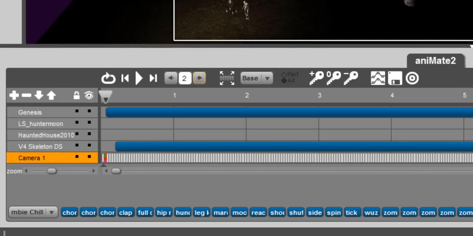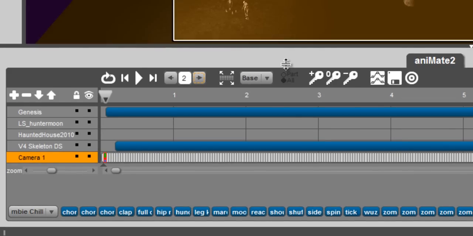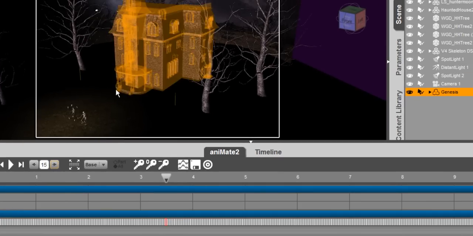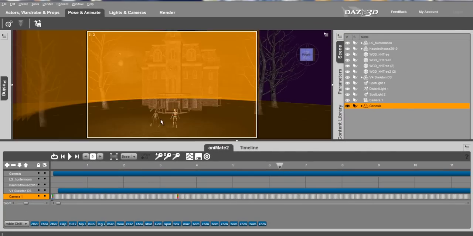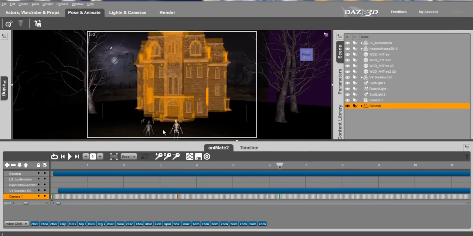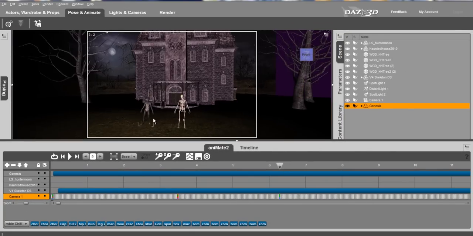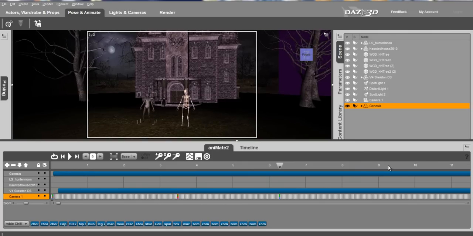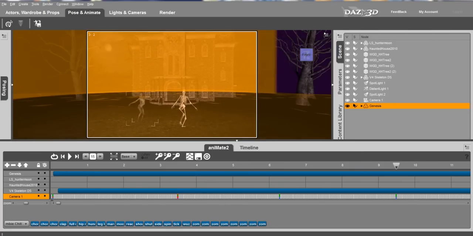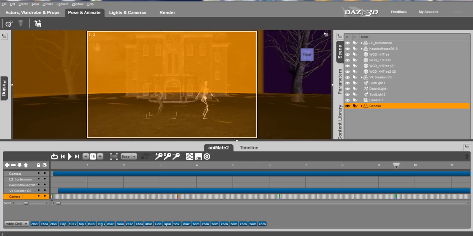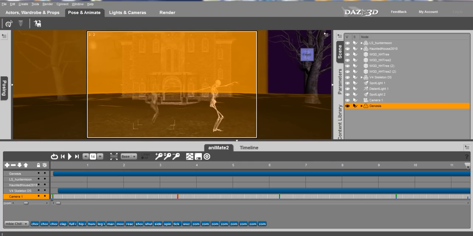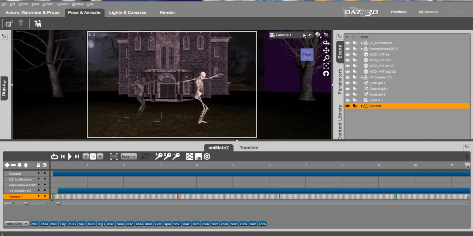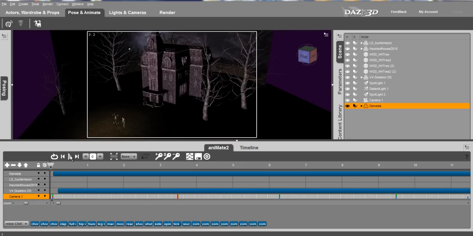Here I've created a camera, and as I create the camera and then move the viewport around, it actually adds a keyframe. So I move to a new section on the timeline, move the camera where I want it. The last setting of that camera is actually set up in the viewport. So kind of a nice feature. You just move to where you want the next camera to keyframe, zoom in, rotate it, do what you need to get that variety. Then we can play that back. You can see that work.